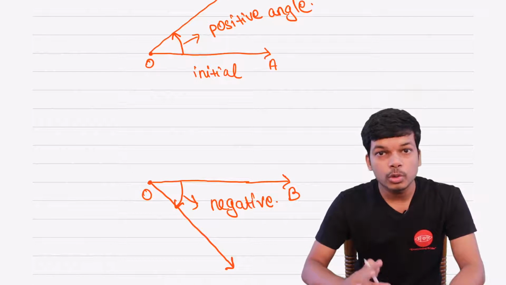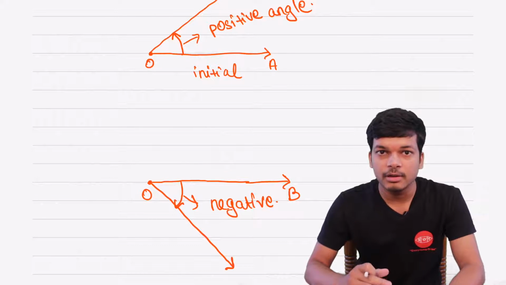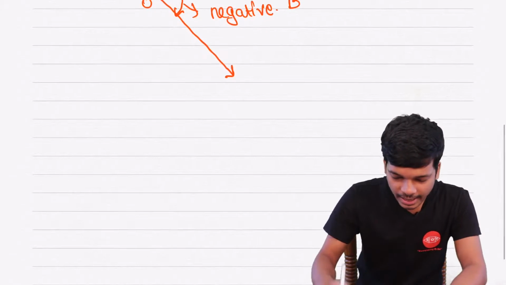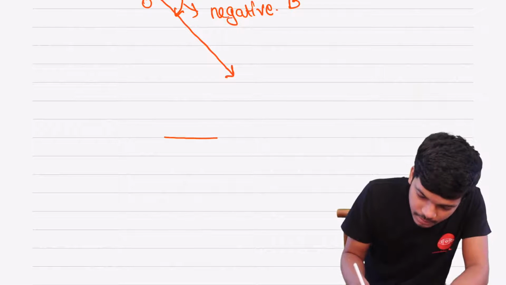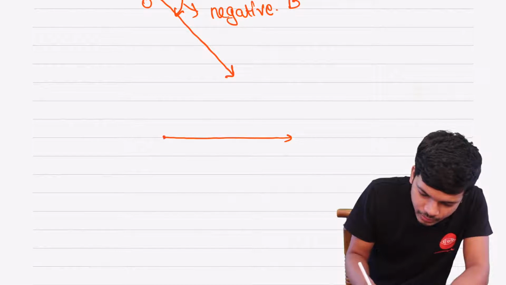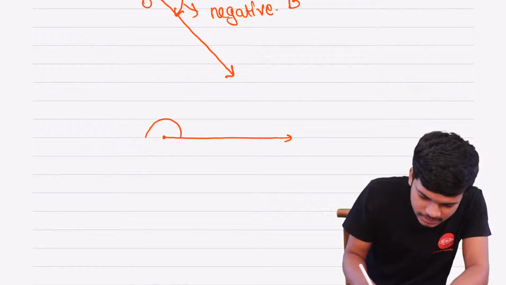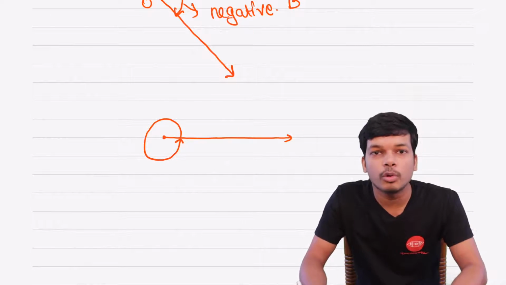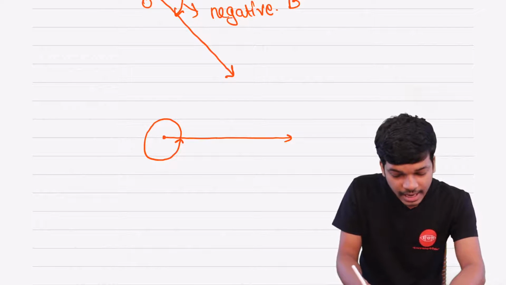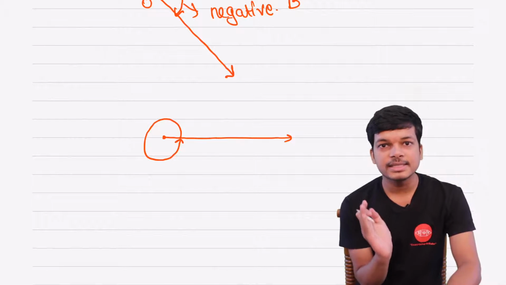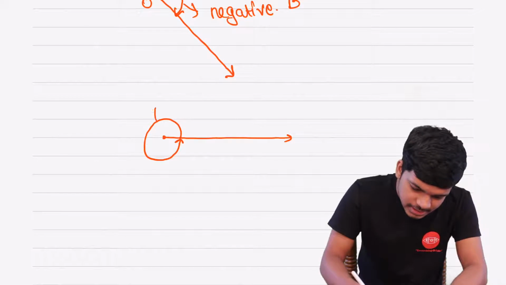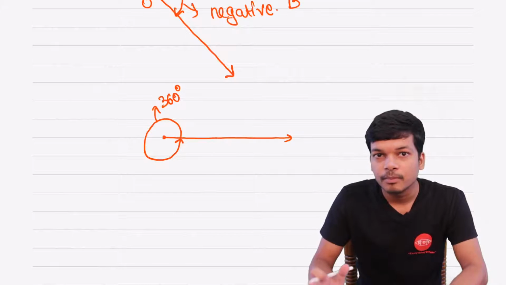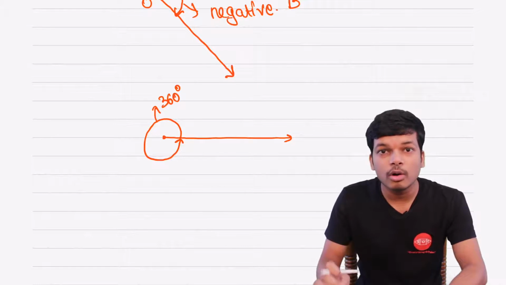So these are the two terms which you have to remember in this chapter whenever we are talking about angles. Now let me explain you some of the angles. Suppose this is your ray here starting from this point, and you are rotating this anti-clockwise and reach the same point from where you started. As you can see, this arrow is indicating that we are rotating this angle anti-clockwise. So this is a total of 360 degree angle, and it is a positive angle. Why? Because we are rotating this in anti-clockwise direction.